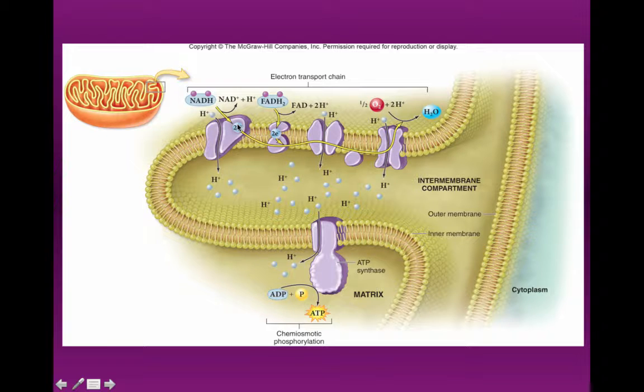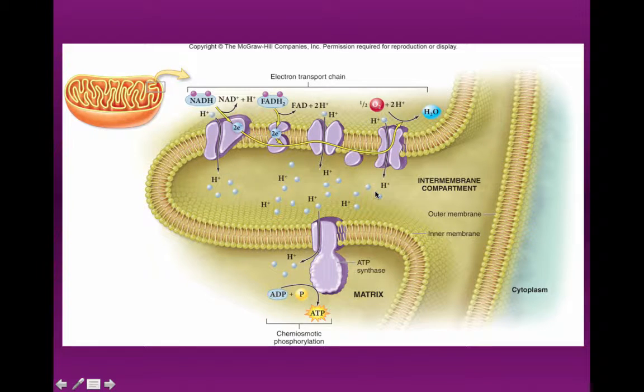These electrons, as they give up energy, allow for the movement of H pluses from the matrix to the intermembrane space through a series of electron acceptors. Eventually, those electrons from NADH end up with H pluses and oxygen to form water. Meanwhile, we also have FADH2s coming in, dropping off electrons. Those electrons power the movement of H pluses again from the matrix to the intermembrane space, filling up the intermembrane